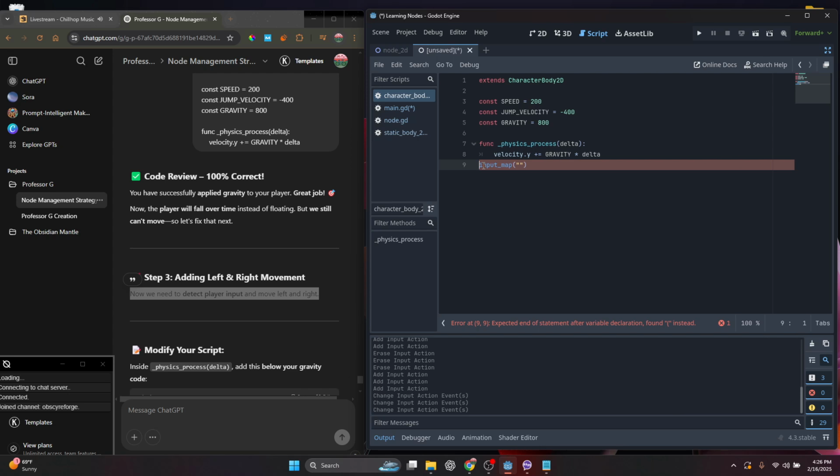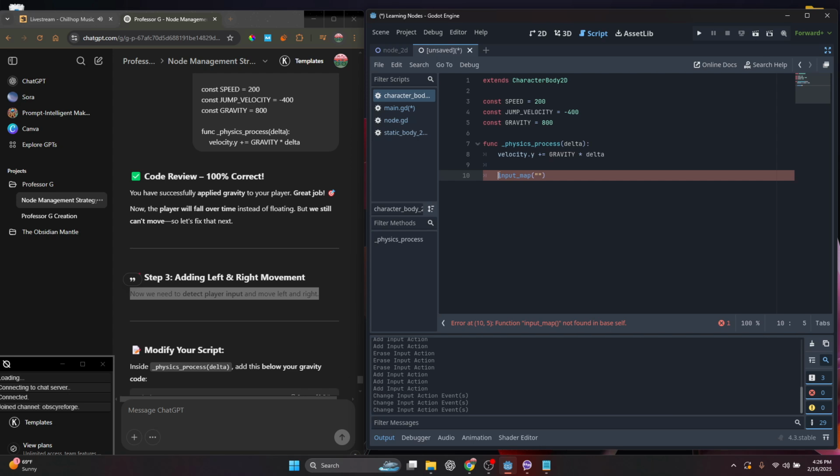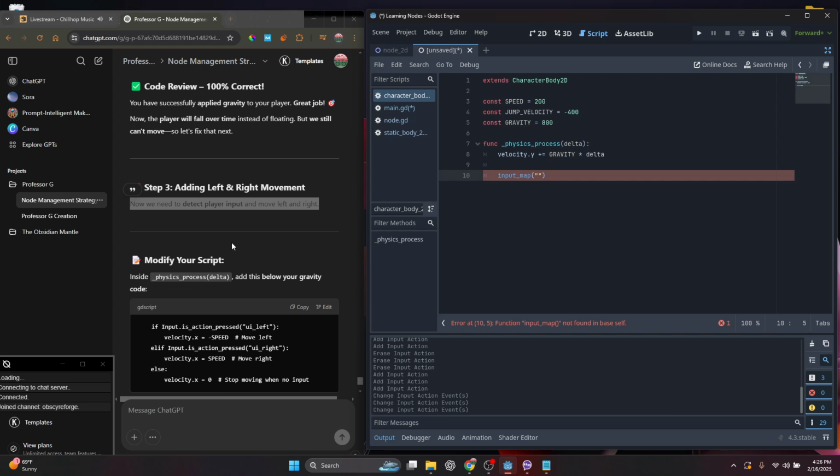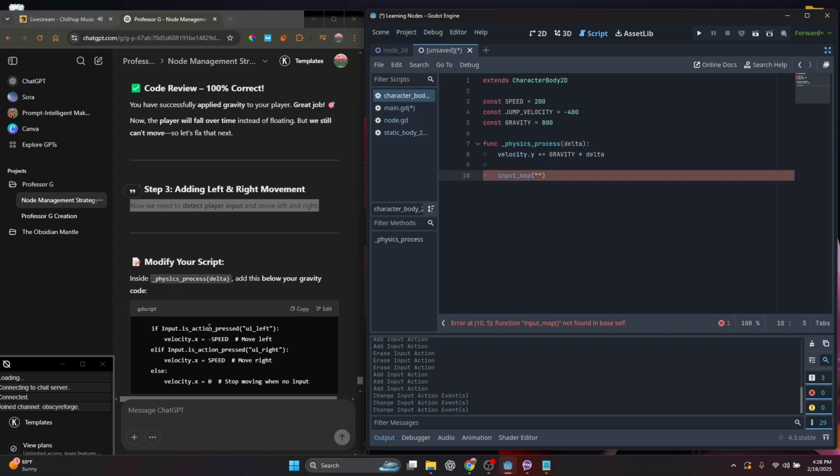Maybe just input map. Let me kind of space this out. So it's going with if statements. This is what I really wanted to know. If input is dot action pressed,